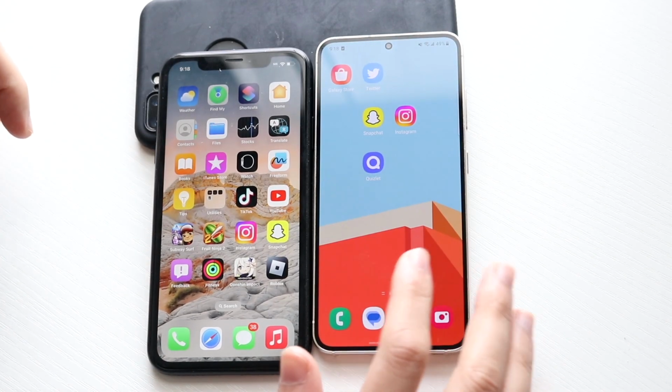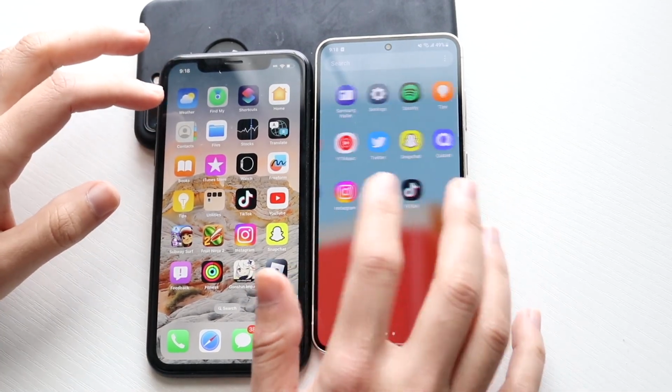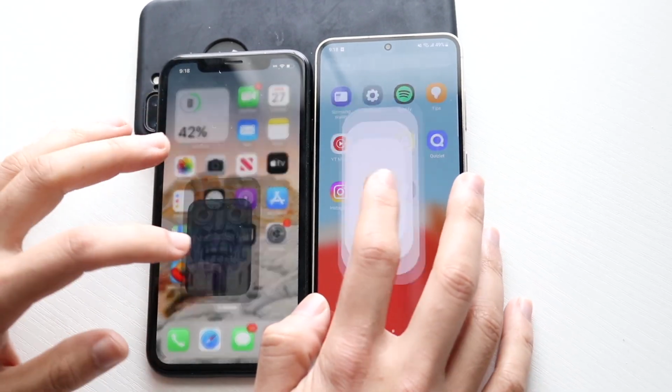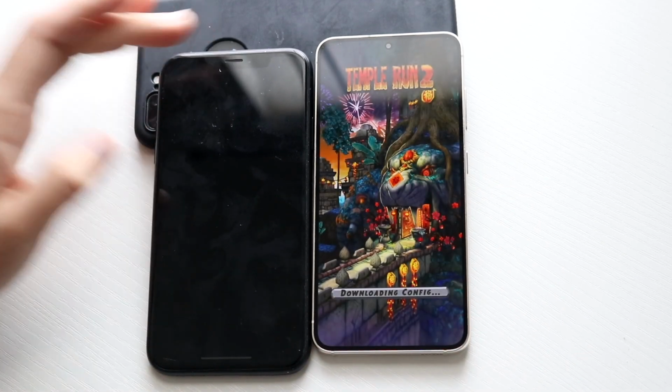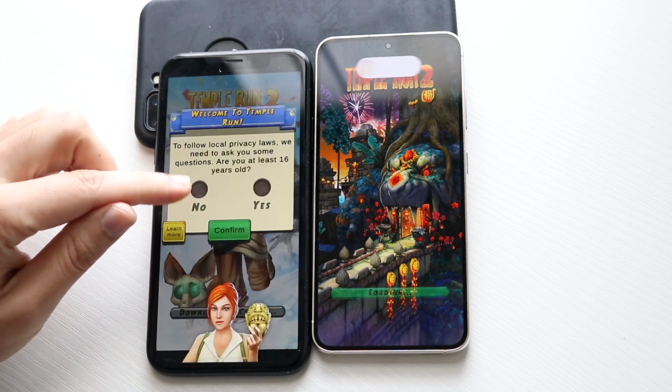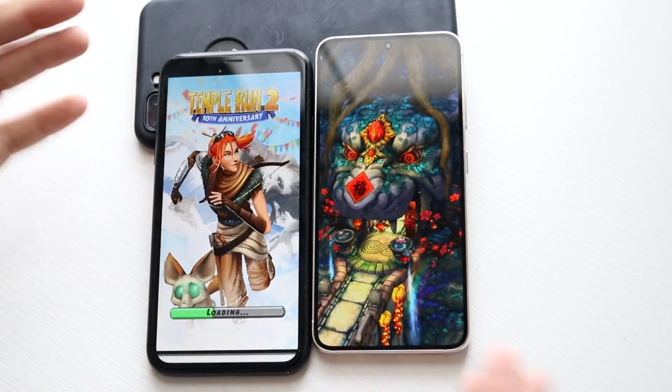Hopping out of this one, let's go and get into something like Quizlet, which I also don't have. So I have to load up my game launcher. Let's do Temper on 2, 3, 2, 1. I'm afraid to touch the screen, but this one is going to have a pop-up. I knew it. So even with that pop-up, it was still going to be faster, I think, on the Galaxy